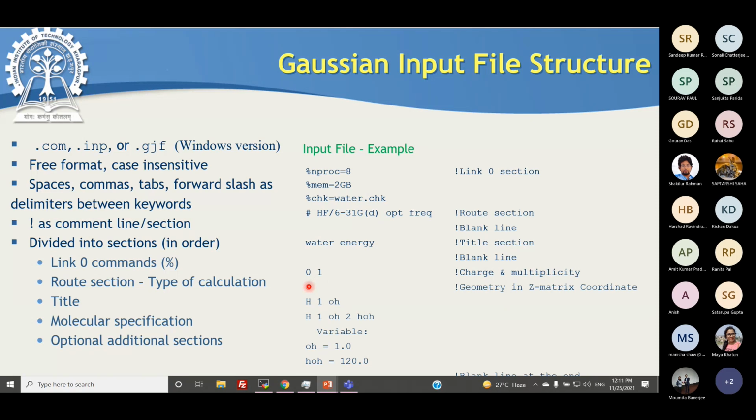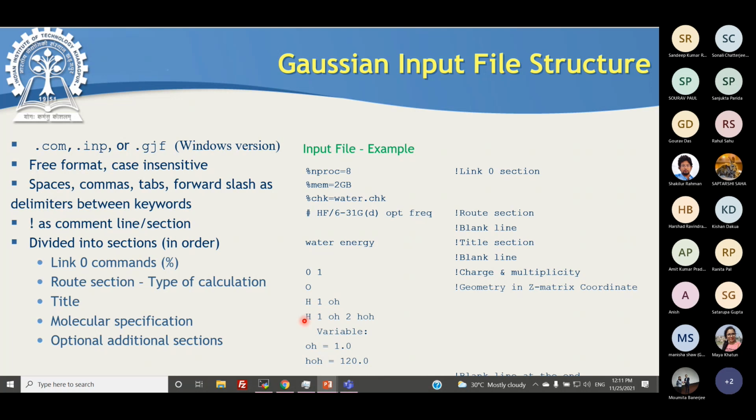That is an individual atom that is generally residing at 0, 0. You can assume it like that. For the second atom, you can specify like this. The second atom is connected with atom number 1, the first atom, with a certain distance, OH. You have to give an approximate distance for that, which I am specifying later.